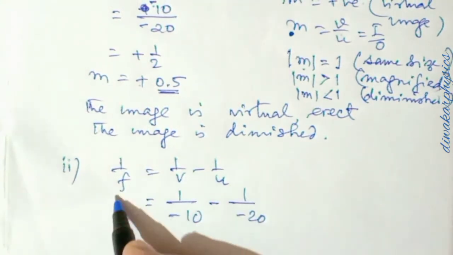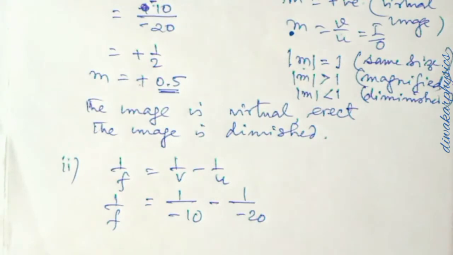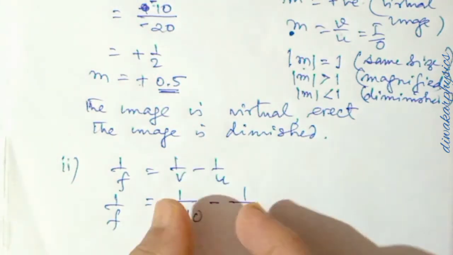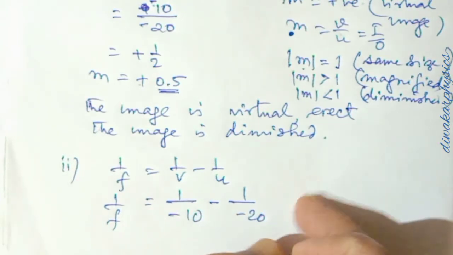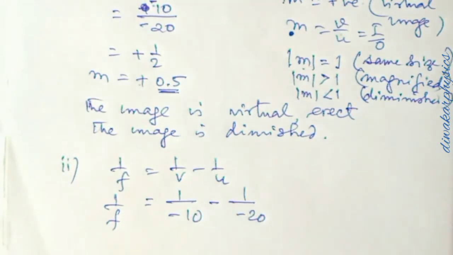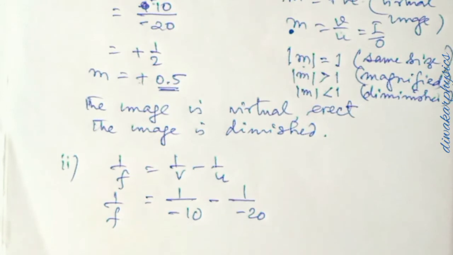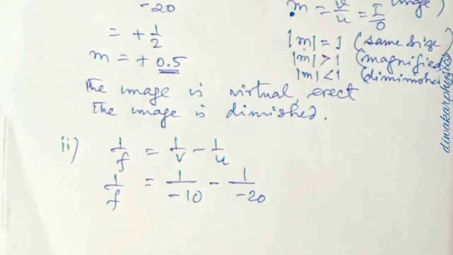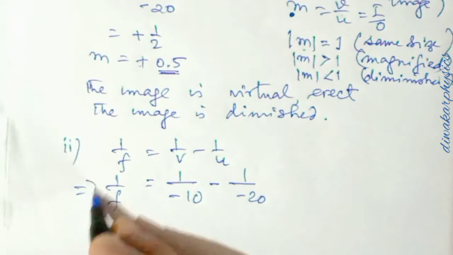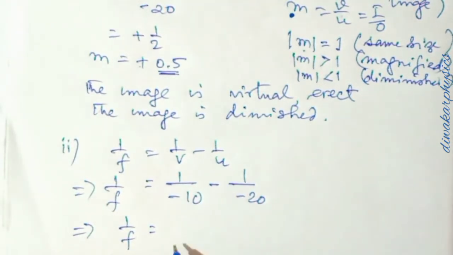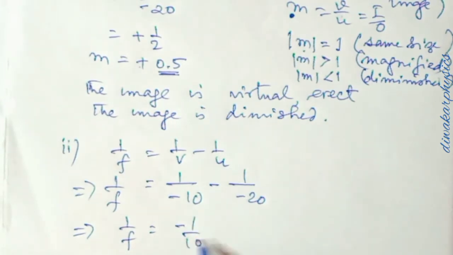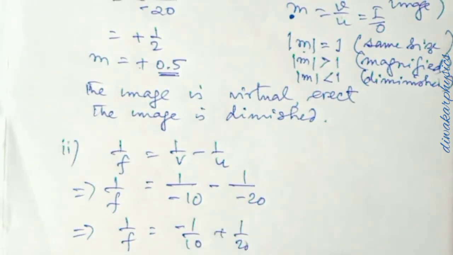Sign conventions are very important. And in the ICSE exam, class 10, if you substitute the values in the formula with the proper signs, according to sign convention, then you get 1 mark here. This is the marking scheme, so it's easy to score in numericals. Okay, then we'll proceed. What I told in the previous question, remove this sign from the denominator. Then I will write 1 by 10 plus 1 by 20.